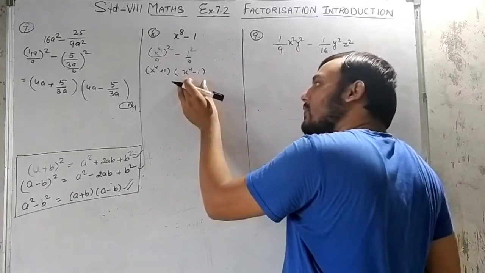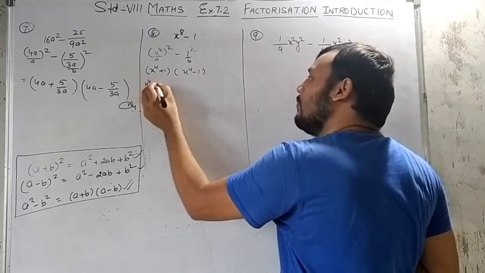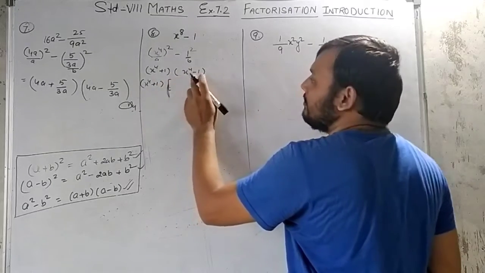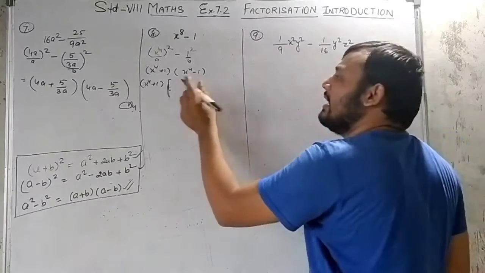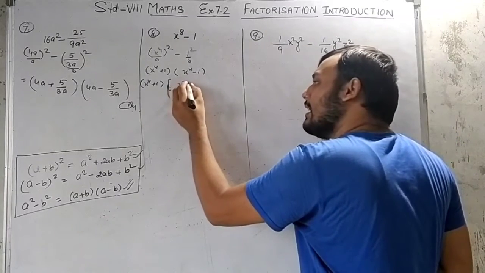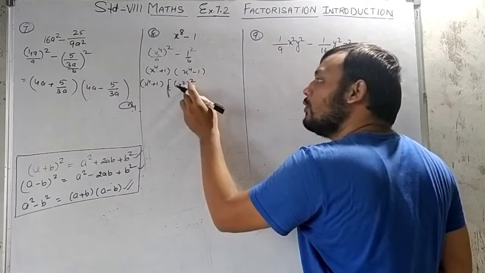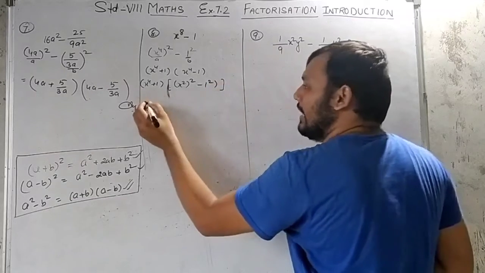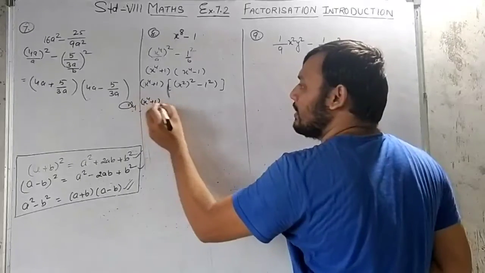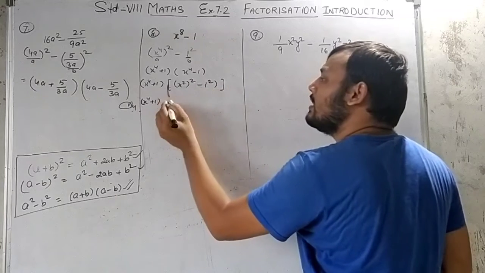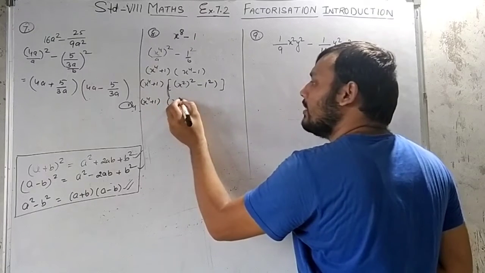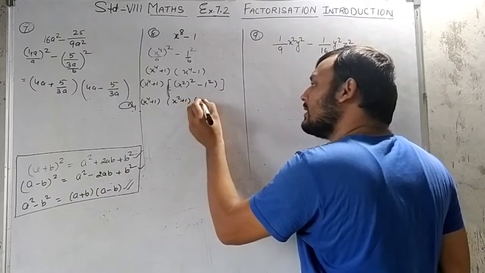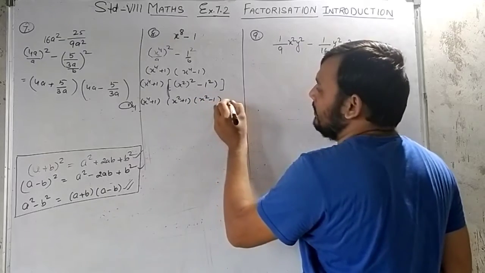not for this, for this one. X raised to 4 plus 1 will be as it is, this x raised to 4 minus 1. This one we can change again as a square minus b square. So that means x square, this x raised to 4 we can write like this, and minus again this 1 as 1 square. So finally you will get here x raised to 4 plus 1 in the very first bracket, and from here a square minus b square. So a square minus b square is what? A plus b, a minus b. So a plus b and a minus b.